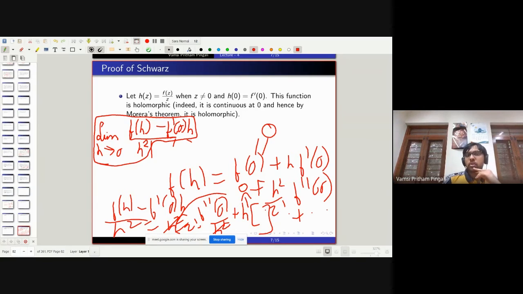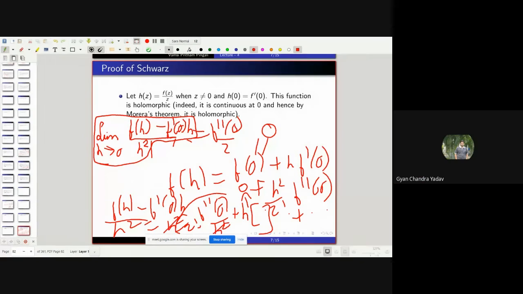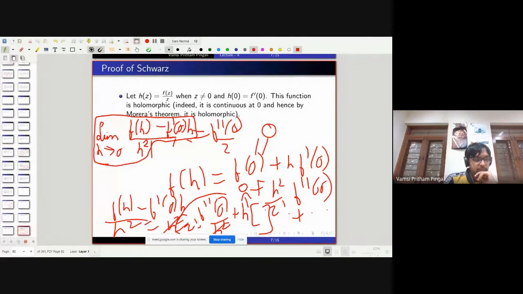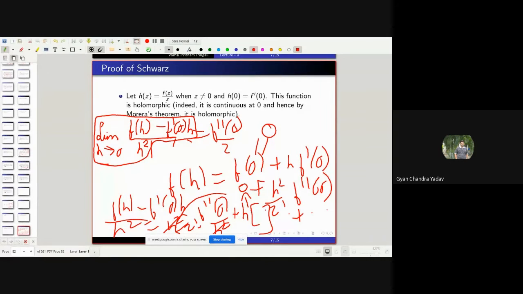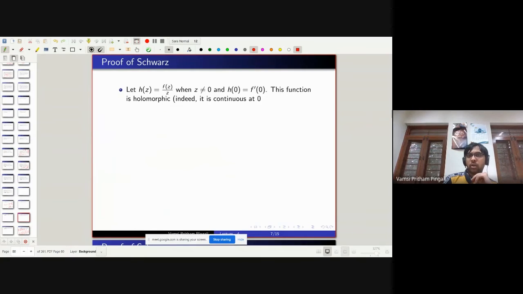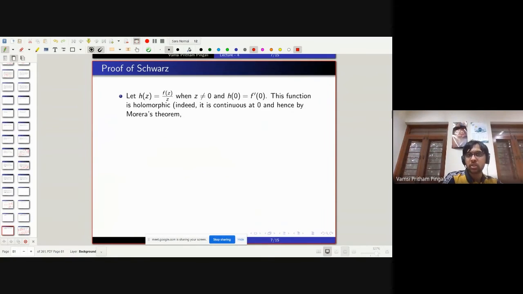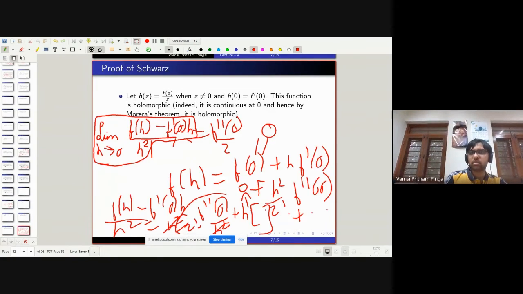Right. So this is basically, it not only exists, it's f double prime 0 by 2. All right. Sir, from where you get this ratio f of h minus f dash 0 h upon h square? So what am I trying to do there, right? What I'm saying is, I want to,